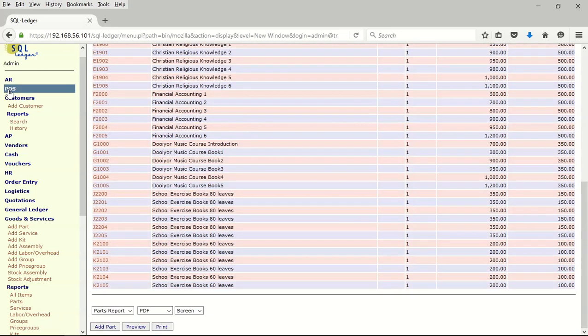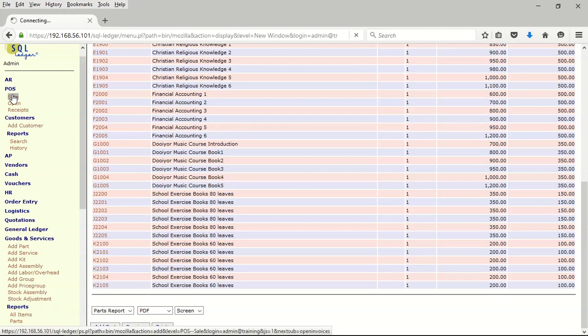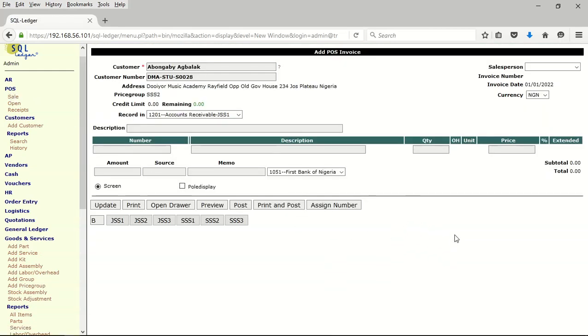And secondly, we have also customized the software. We have grouped all the books now into JSS1, JSS2, JSS3, such that it's very, very easy for us to sell the books. We can also customize this software in such a way that you cannot sell negative quantities. This I have not done. The names are here,